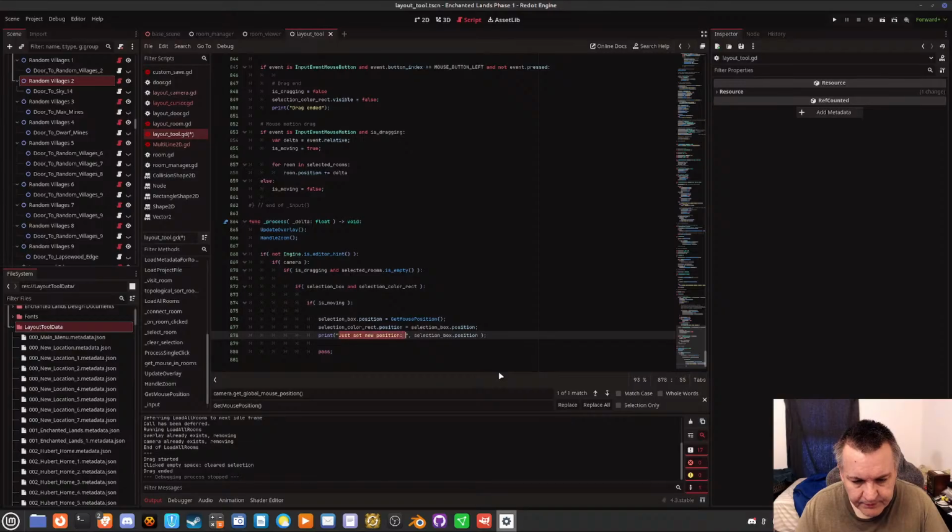And we'll say drag box start equals drag box start. Drag start position. And it should be drag. We'll say drag start because it doesn't need to be exact there. Drag start position. Okay. So now we're just going to check that out.